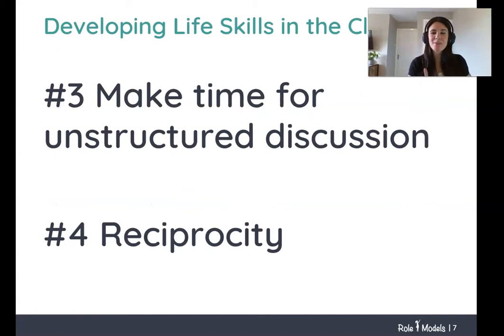Idea number 3 is to make time for unstructured discussion. As an ex-teacher, I know it's really difficult to find moments in your day that are free. But this could be a 5-minute moment where you discuss something with your class, and thunks are a great way to do this. A thunk is a type of question or statement that provokes curious thought. So it could be, is a window still a window if it's painted over? There's no right or wrong answer to this question, and you can bounce them around with the group of children